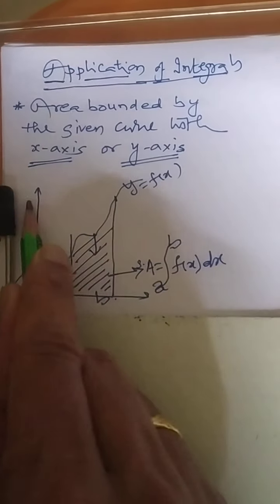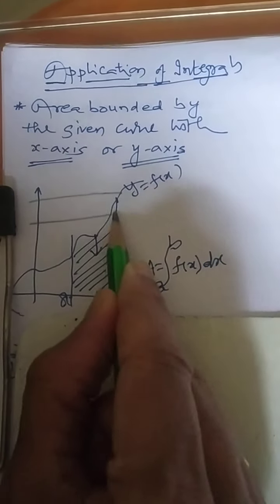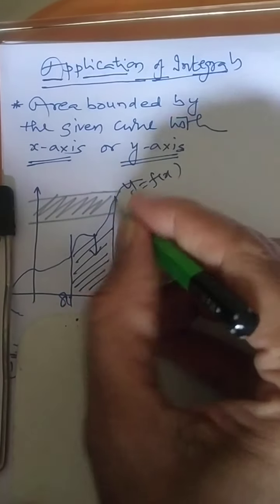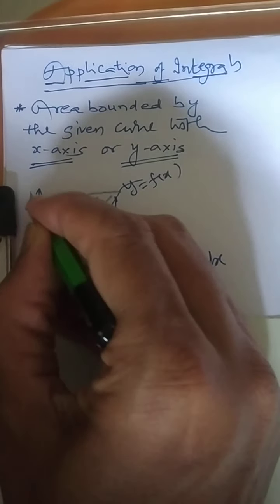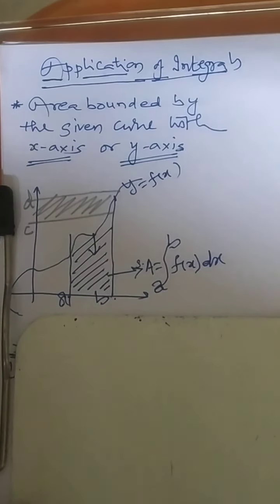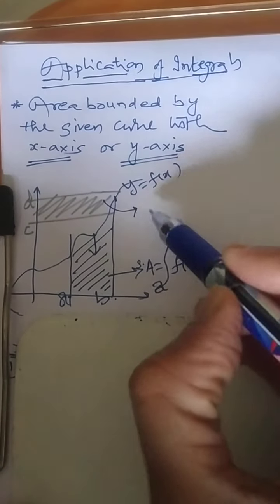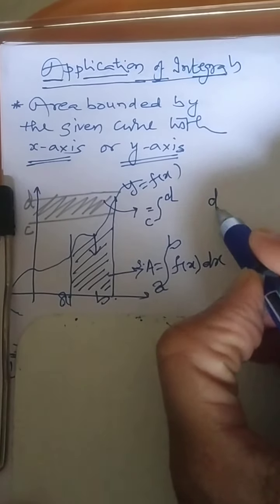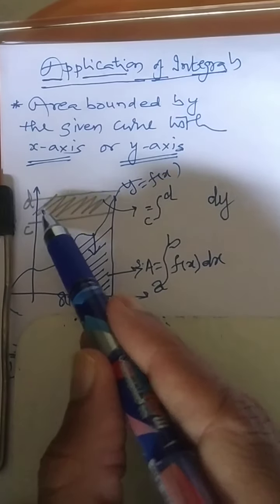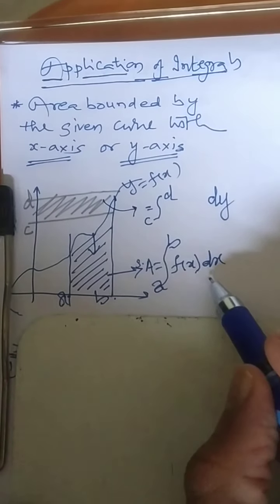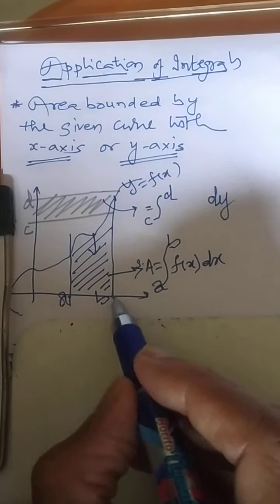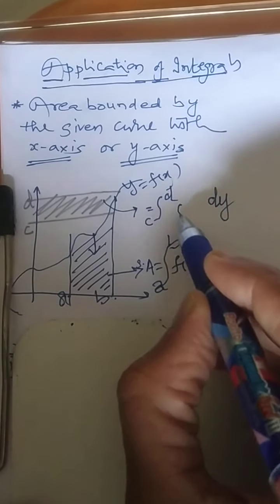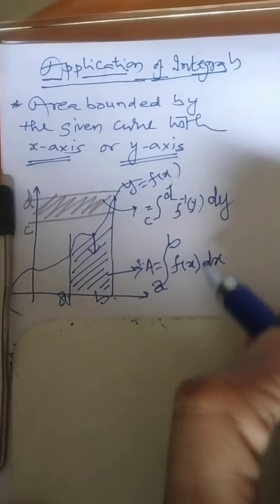At the same time, with this curve, suppose I am asking you to find this area which is bounded by the same curve between the limits C to D. Then this area bounded from C to D will be equal to an integral with respect to y, because this area is bounded with the y-axis. Why did we integrate with x earlier? Because the area was bounded with the x-axis. Since y is a function of x, now you are supposed to write the x value, f inverse of y.